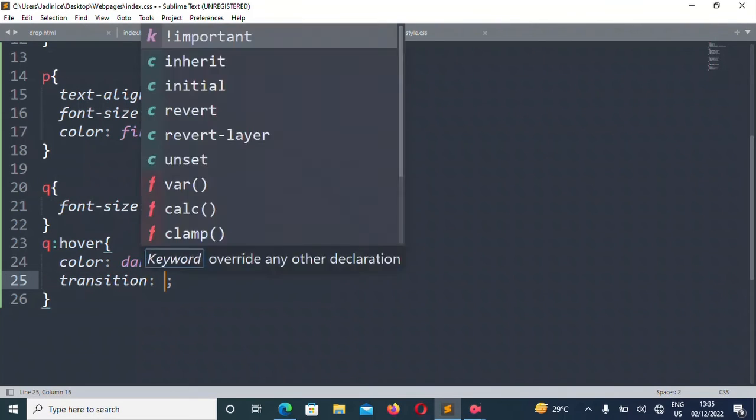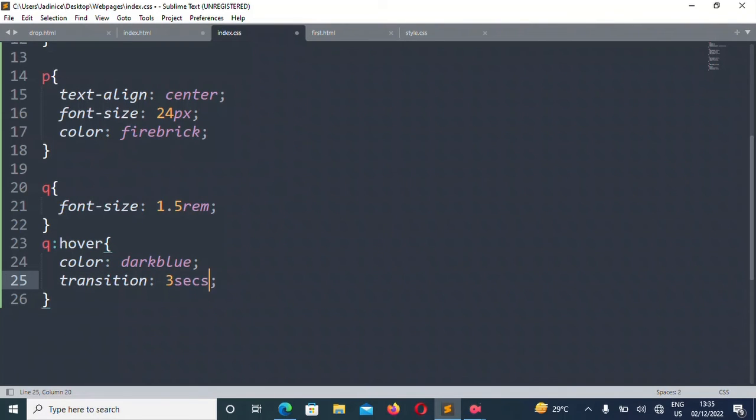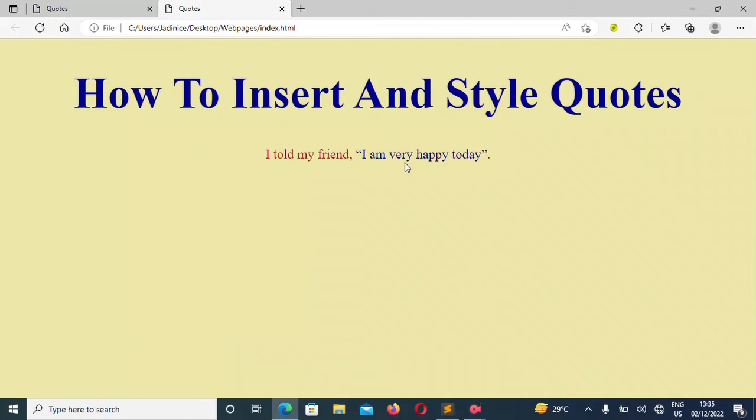And the transition, you can add it to be 3 seconds ease. What it means is that instead of it just hovering anyhow, once I refresh, it will take 3 seconds for it to appear, and it takes 3 seconds for it to disappear. So no matter how many times I go, it takes 3 seconds, with ease it appears.